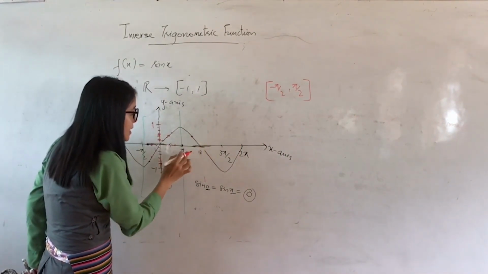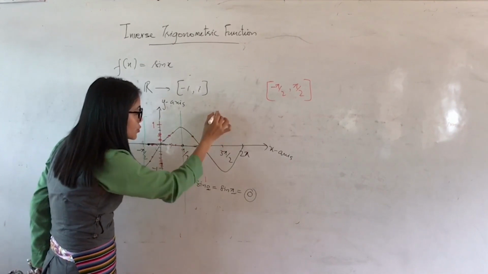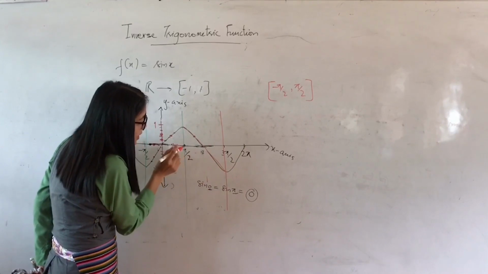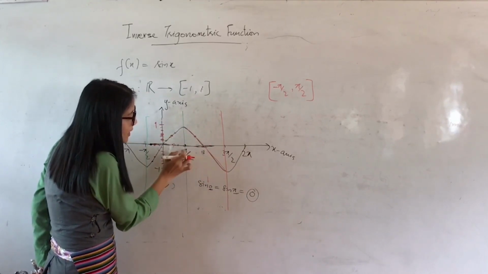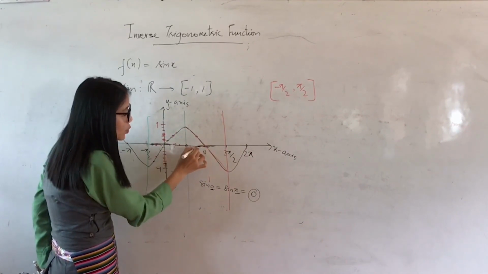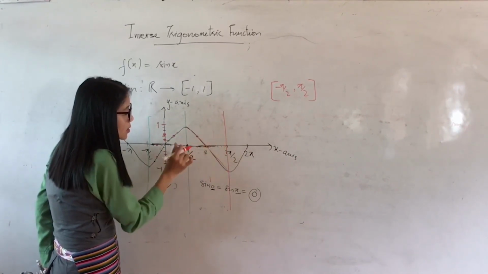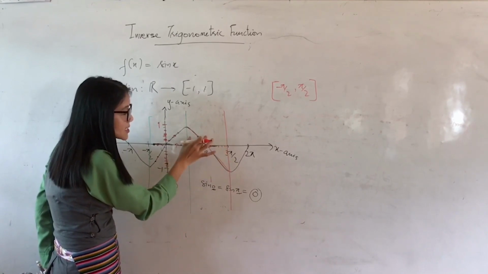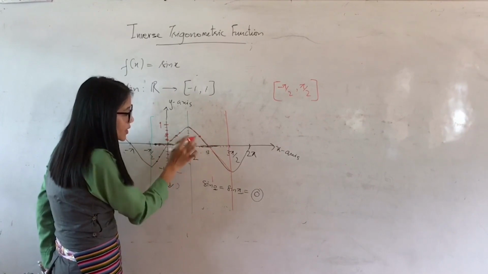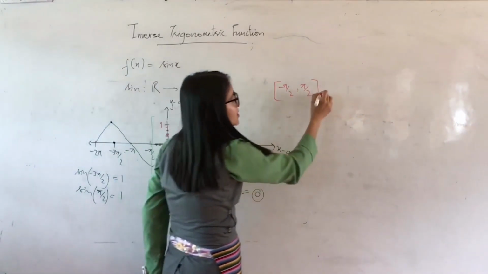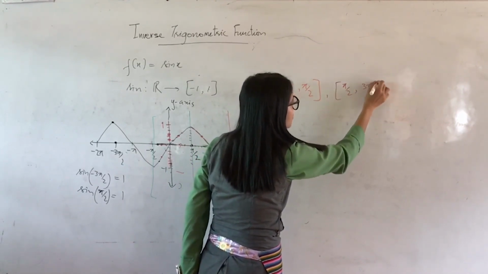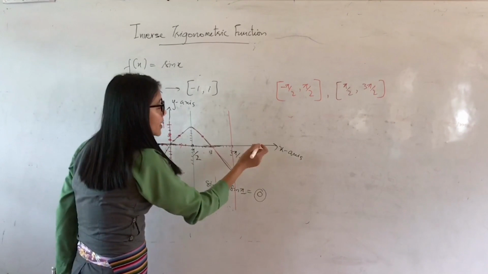Again I can take pi by 2 to 3 pi by 2. Now you should have a graph like this. In this interval also, pi by 2 to 3 pi by 2, sine inverse will exist, because at every point on this x-axis they will have a distinct image, and also for all points in the range you will get its pre-image, right? So another interval we get here is pi by 2 to 3 pi by 2. This is one more interval. Then you keep on repeating.